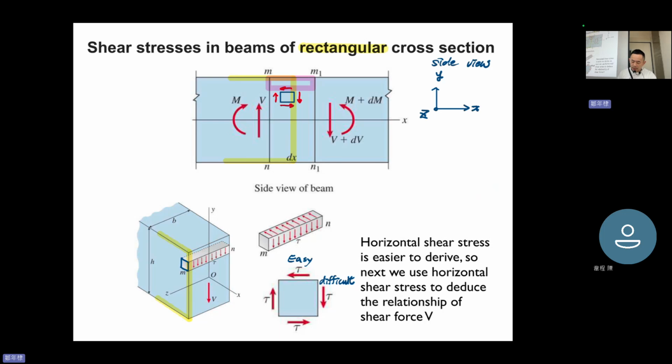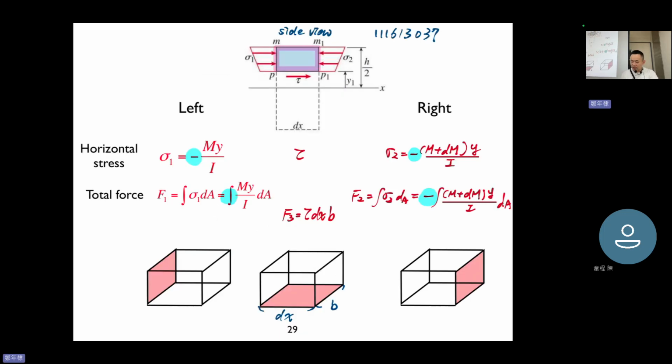So how do we determine that shear stress? We use the horizontal shear stress, because horizontal shear stress is easier for us to do the force balance. That's why we want to use the horizontal. We need to cut it. When we cut it, we leave the upper part. Then we can see the left-hand side and right-hand side